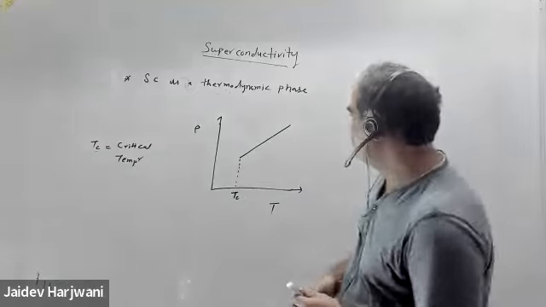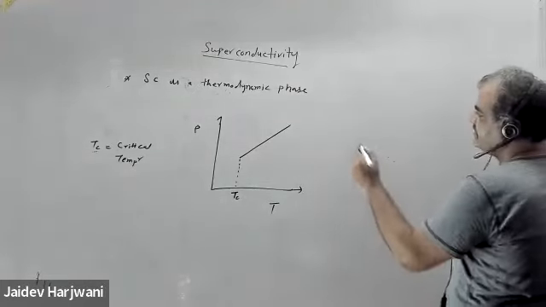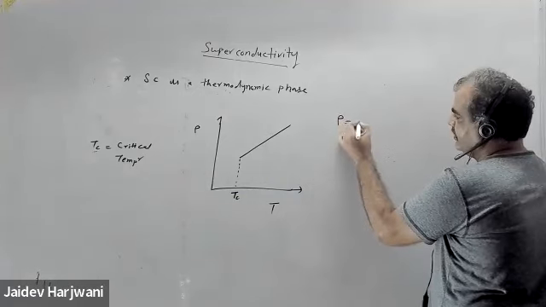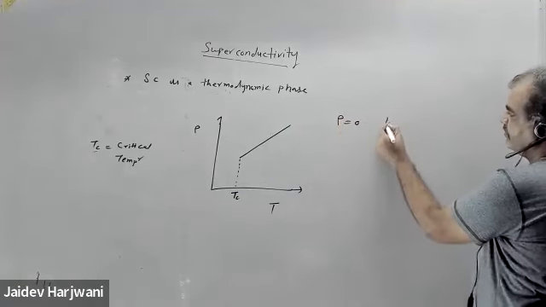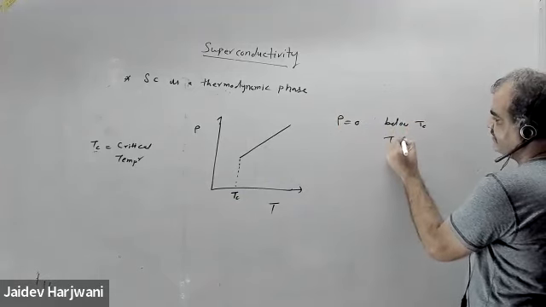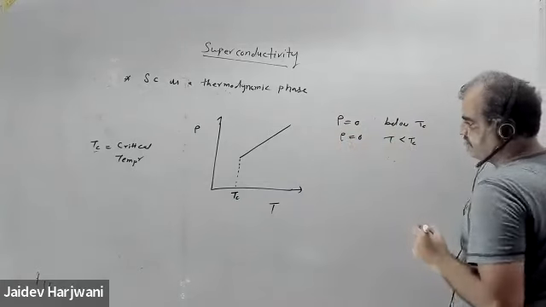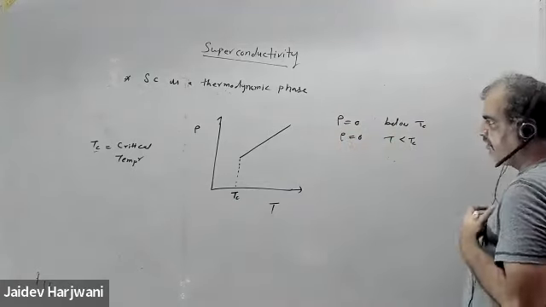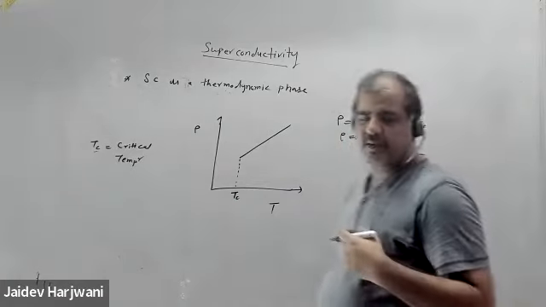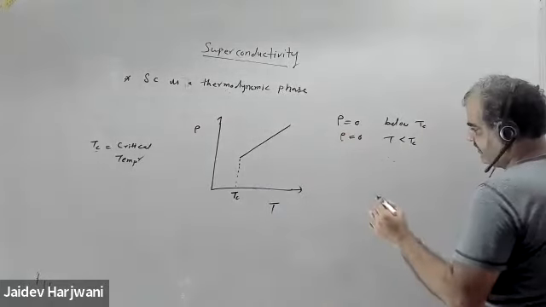So that's one property of a superconductor: resistivity is zero below TC. When T is less than TC, the resistivity is zero. The other property of a superconductor is that it is perfectly diamagnetic. For example, if I have a metal,